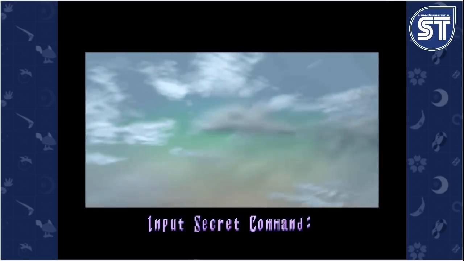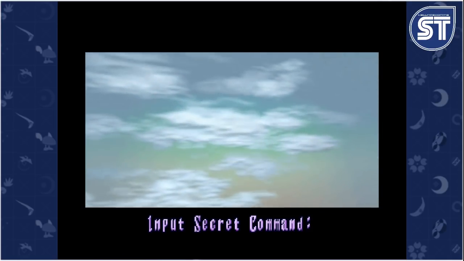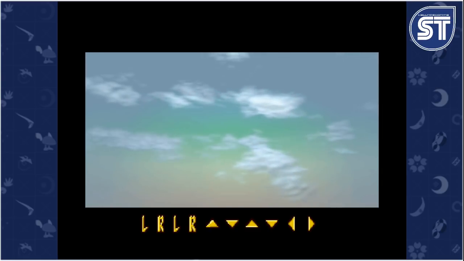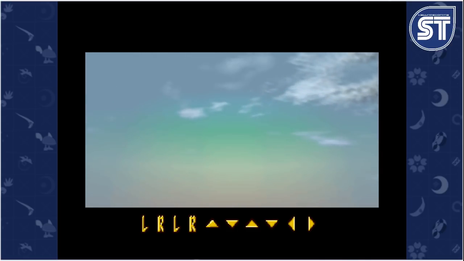And what is the secret? Input the secret command. Oh, why don't they just make it unlock? I hate that, where it's like, you win a code. Better write it down or it's gone forever. Yeah, I know. Left, LR, up, down, left, right. Print screen that. Well, I mean, it's obviously saved somewhere on the internet, but